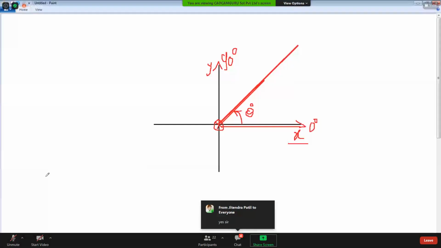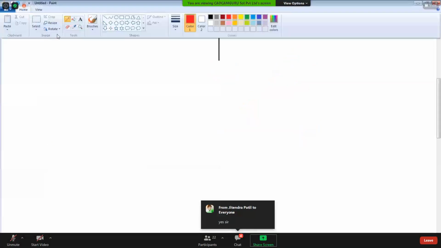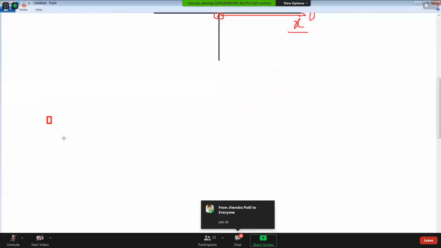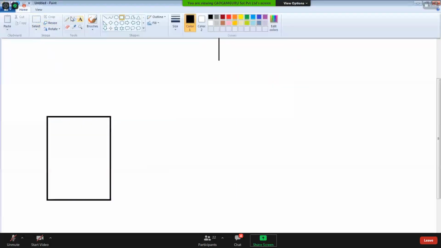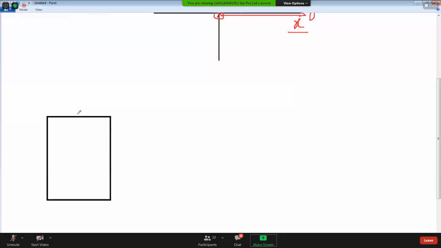It means that suppose your part is like this, then your direction will be straight, vertical direction.